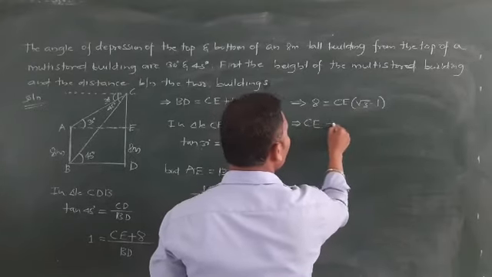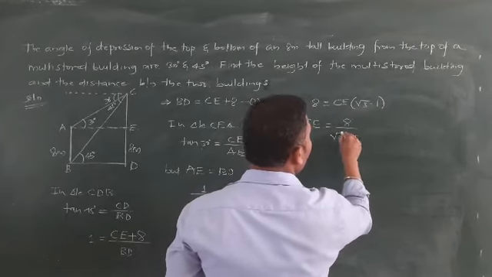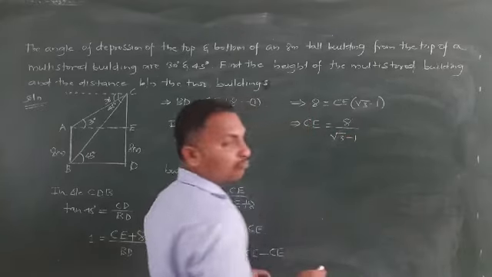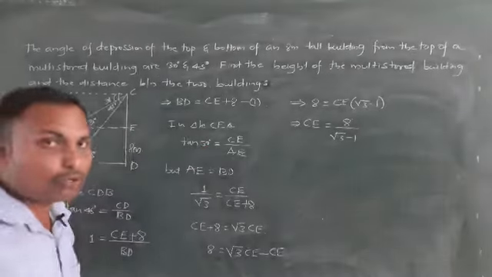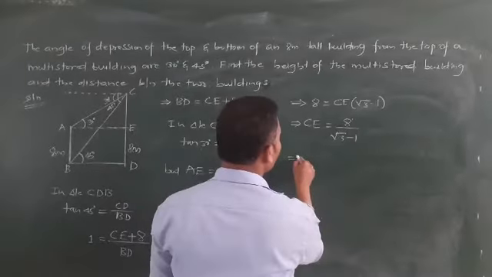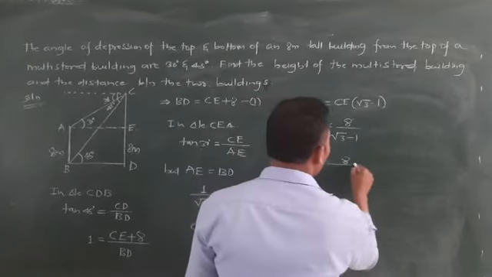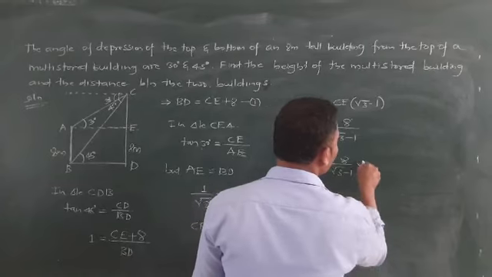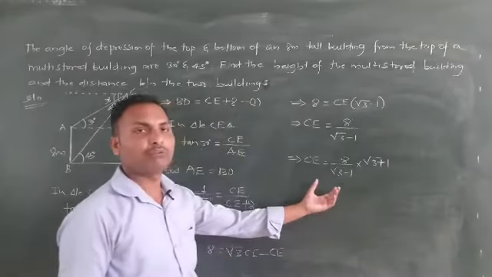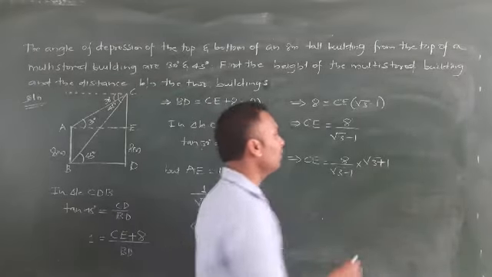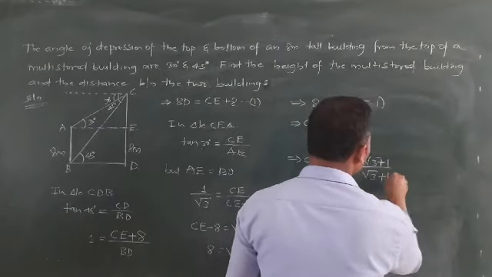So again, this implies now it is 8 by root 3 minus 1. Once we got this, is this the value? No. Okay, we need to solve again. So rationalize this one. You know it very well. C is equal to 8 by root 3 minus 1, root 3 plus 1. Reverse the sign. When we are going to rationalize, the signs will be reversed. Now plus becomes minus and minus becomes plus. Now this is plus.